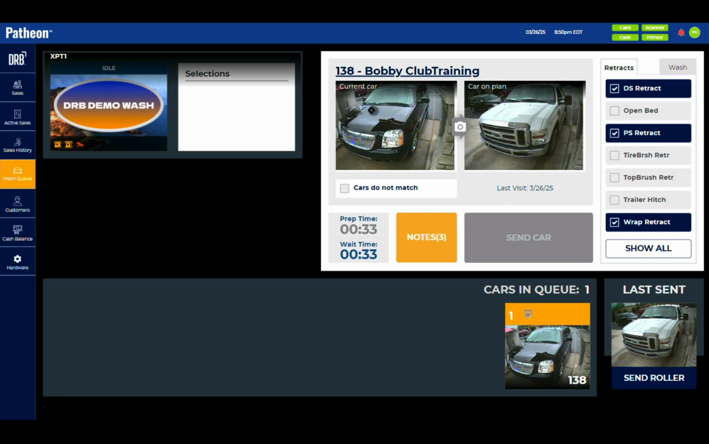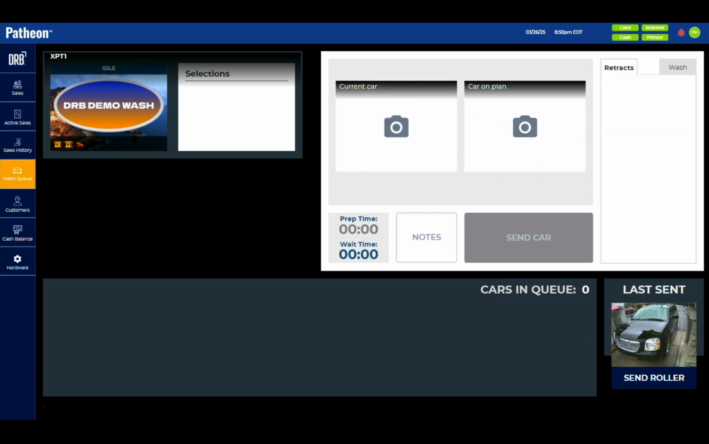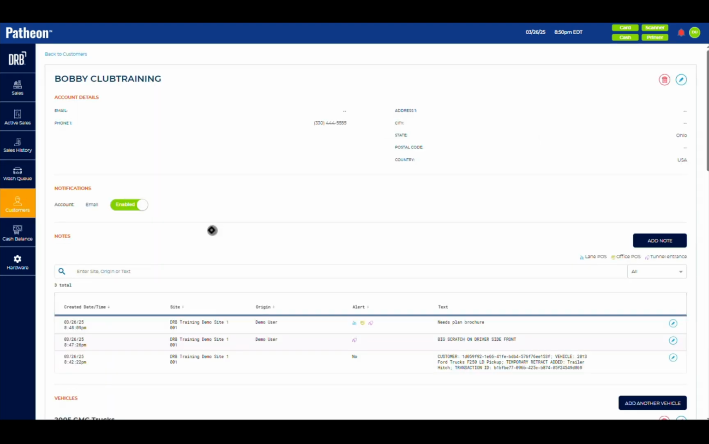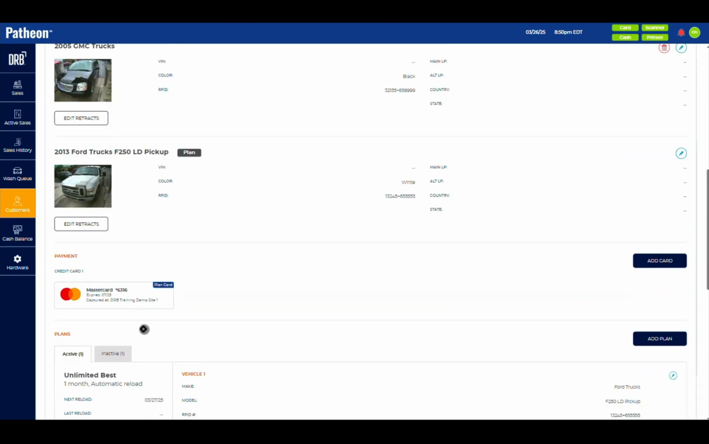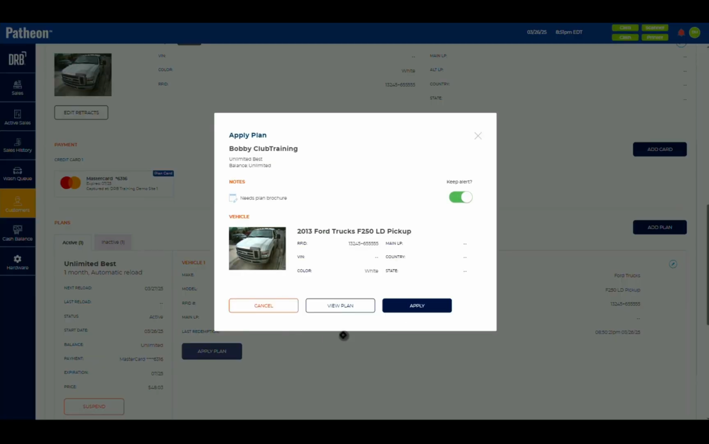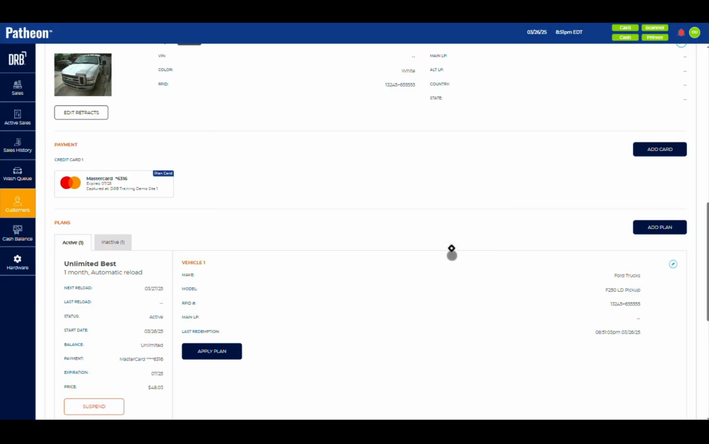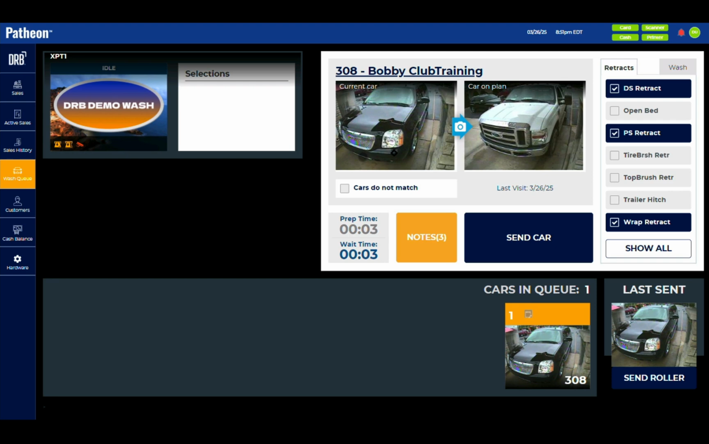If you see that the picture that is on the plan does not match, for example, the vehicle does not match, we'll go ahead and click Apply Plan right now. And if we see that the vehicle here does not match the car on the plan, but this current car is the correct vehicle, for example, if they got a new paint job or new vehicle finish,